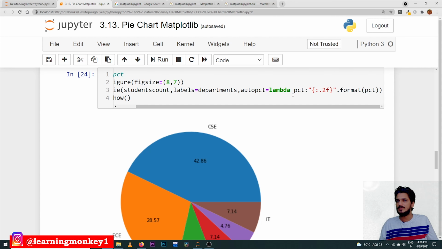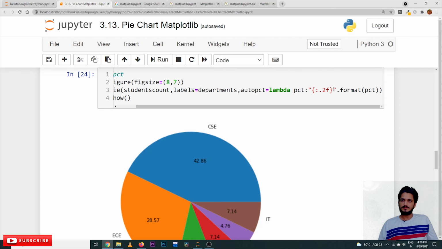In this lambda function, the first value is taken into pct and sent here, where it is changed into a format. We have mentioned the format here. You can also call another function, and that function has to return the format, then it will be placed here.